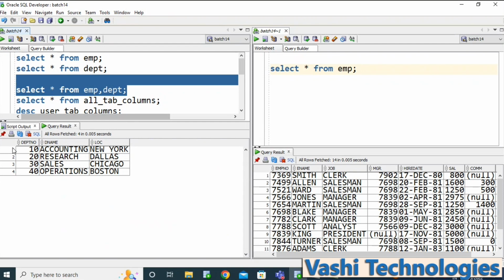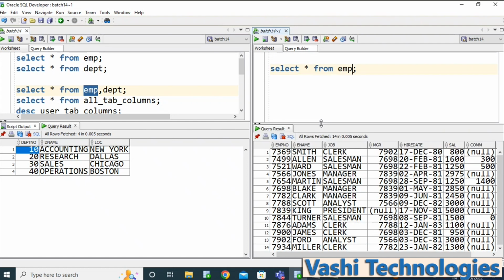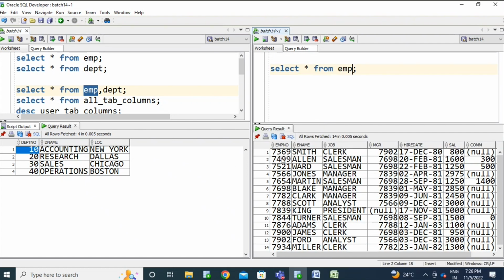See now, every record of this particular table, this looks like the EMP table as the first table. The first table of each record I'm taking here, and I'm going to match with the corresponding table of each record. Okay, so 10 into this 7369, 10 into 7499, 10 into this. Meaning I'm trying to match every record of the first table with all the records of the corresponding second table.